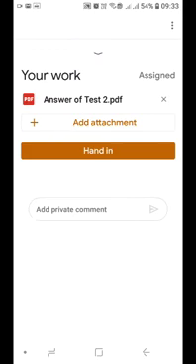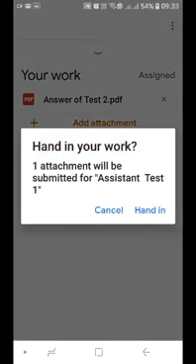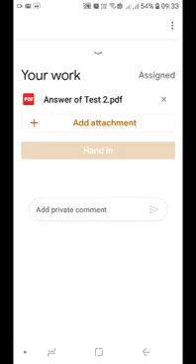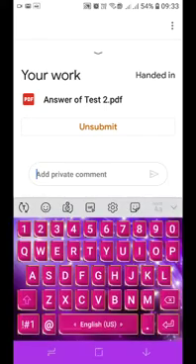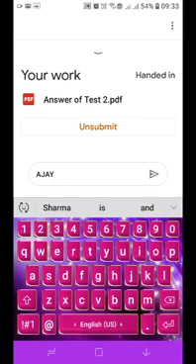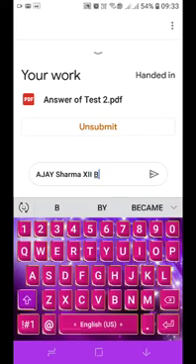Now in the private comment box, you will first do hand in. Hand in, and in the private comment box you will write your name, class and section. Suppose I am writing Ajay Sharma, then 12 B humanities, H humanities.